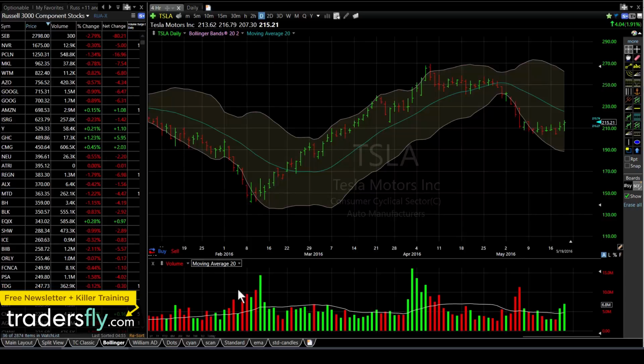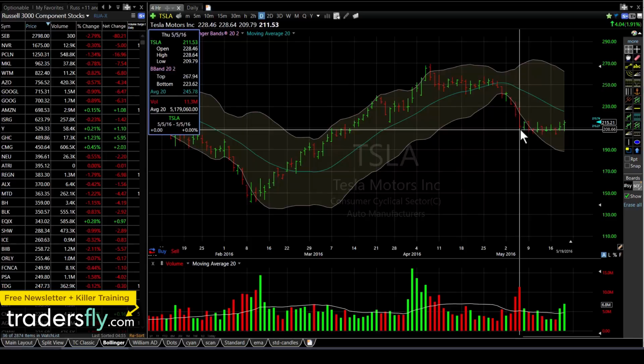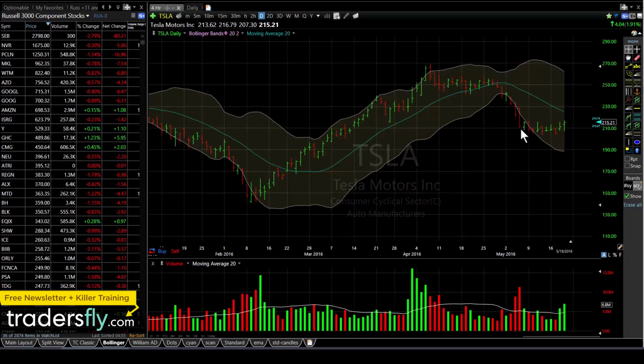You also have to pay close attention to the volume, the energy that the stock is doing, and the price. Because, for example, here on Thursday, May 5th, 2016, you had a break of that Bollinger Band dramatically, and it still continued lower for a few days, and then the stock continued to pop a little bit. And that is simply because of other factors. Again, this is just a guideline of containment, okay?